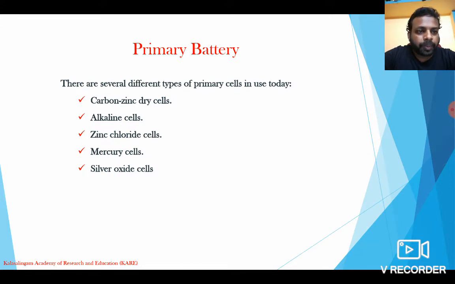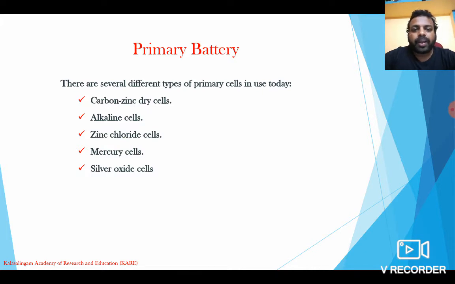There are n number of primary batteries available in the market. Batteries are classified based on the type of electrode used and the electrolyte, and each battery has its own advantages as well as drawbacks. Batteries have some specific characteristics. They should have long-term discharge capability, they should recharge faster, and they should have equal, constant power distribution. These are some important characteristics of a battery.